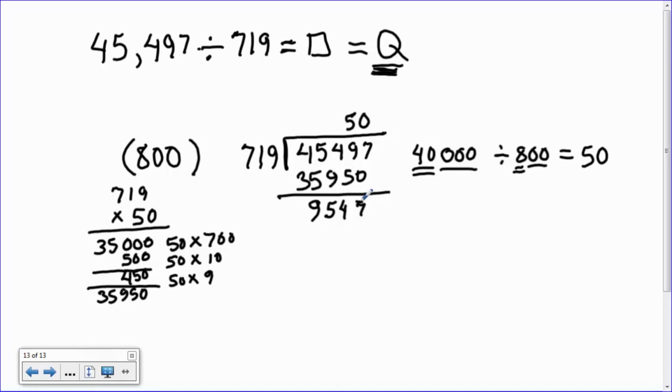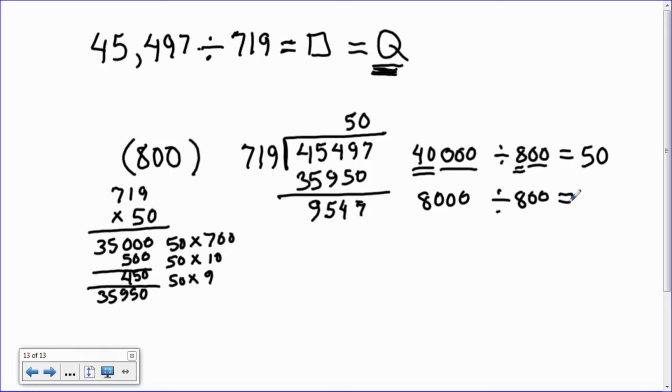Okay, and so now I want to figure out how many times 719 fits into 9,547. I'm using 800 as my approximate divisor. So what number is smaller than 9,547 that I can divide 800 into? Well, I'm thinking 8,000 is a good number. It's smaller than 9,547. I divide 800 into that, and that goes